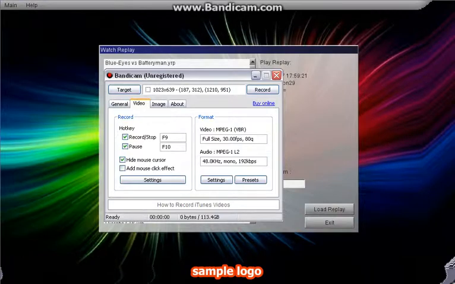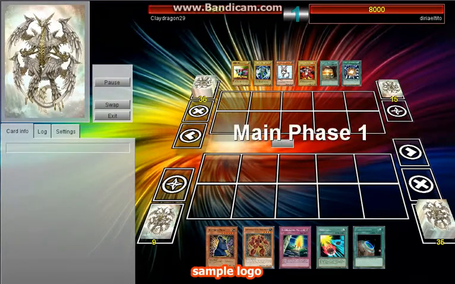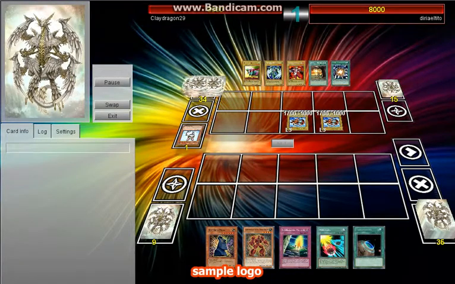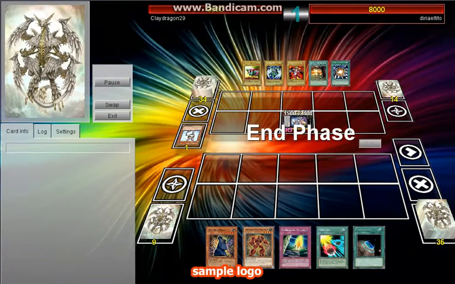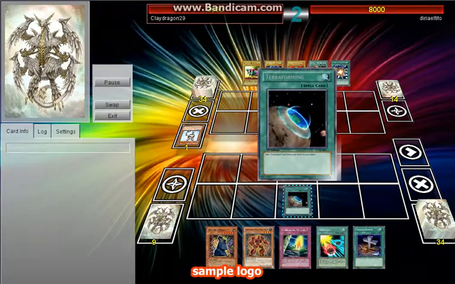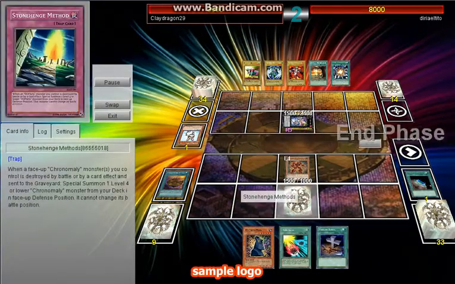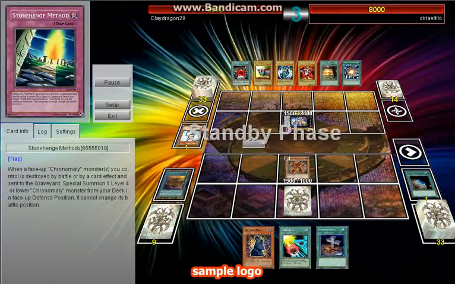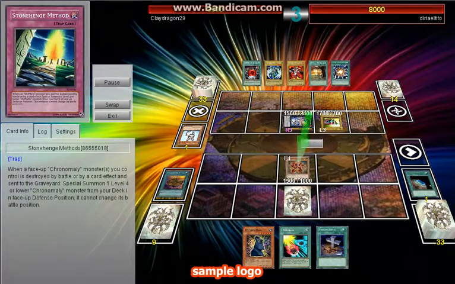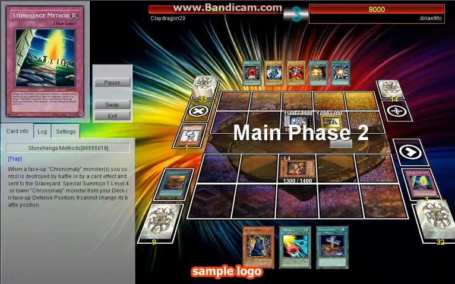I must admit, this is probably one of the funnest decks that I've used. I'm not going to lie. It's been a thoroughly entertaining deck, just for the amount of cool combos you can pull off and the cool cards that you can bring out. As you'll see in these duels, I experimented with a few cards. I don't really run Stonehenge methods anymore. I find it's not that consistent, and more times than not, my Chronomaly monsters are too strong to be destroyed by battle, with the way that I bring them out. But anyway,